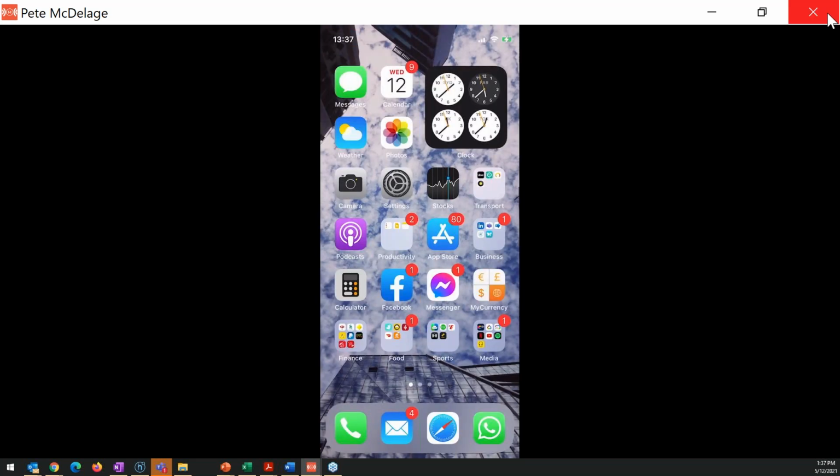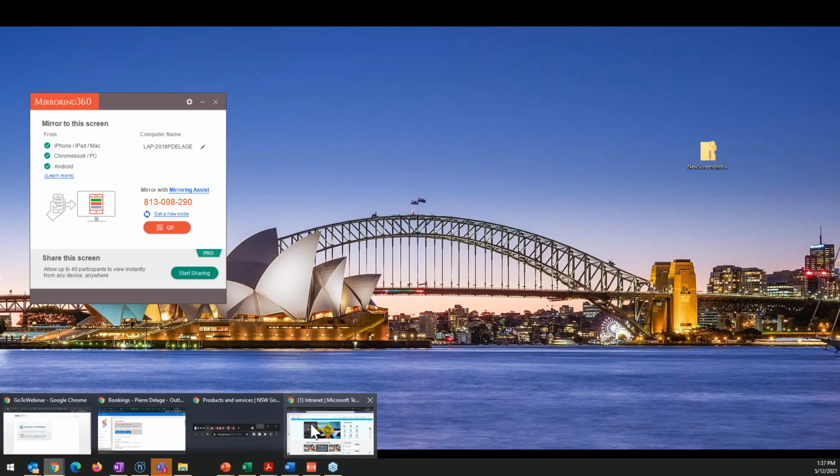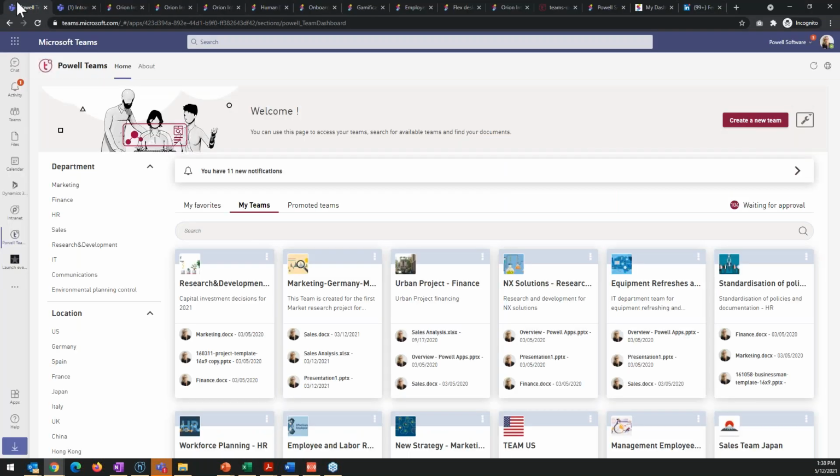Now, let me come back to the demo environment and open Pale Teams very quickly. The idea is really to help you manage your Microsoft Teams environment, and to help you control the sprawl of teams. One of the big problems with Microsoft Teams is users being able to create teams as they want, causing a proliferation of teams. Very quickly you end up with a lot of different teams and a big problem in terms of how do you tidy up your entire tenant? How do you archive the right teams? How do you do all these things?